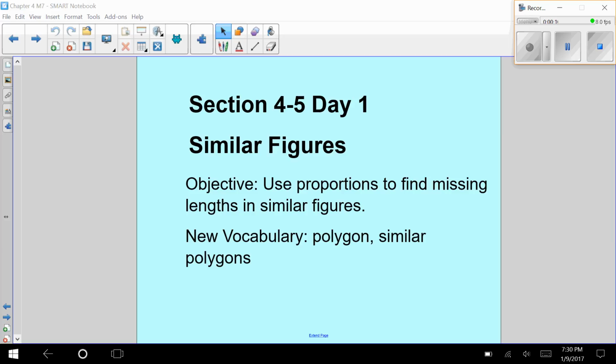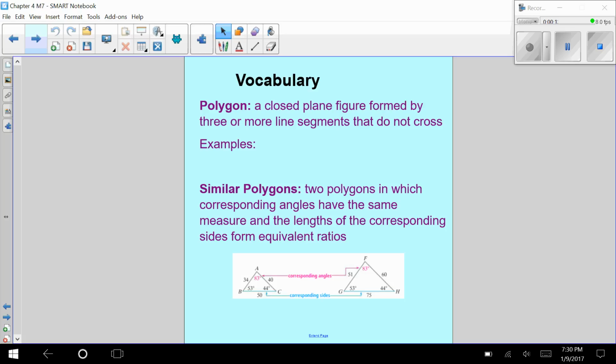Let's start with vocabulary. A polygon is a closed, plane figure formed by 3 or more line segments that do not cross. So by closed, it means there's no open gaps. A plane figure means it's two-dimensional, it's flat, formed by 3 or more line segments. So obviously I can't make a polygon with 2 lines. They can't cross, but they have to meet. They also have to be line segments, which means they have to be straight. So an example,